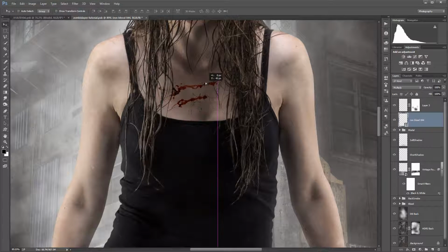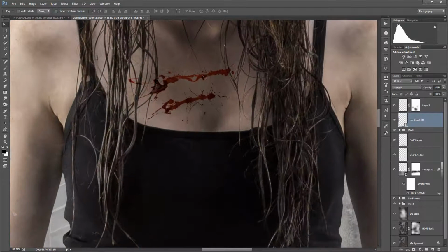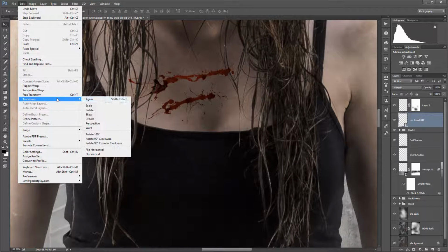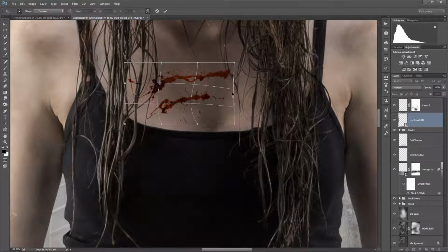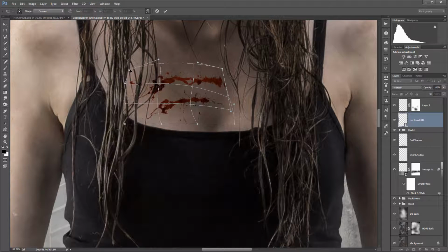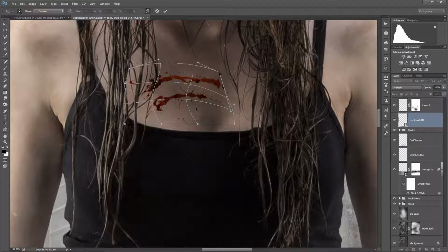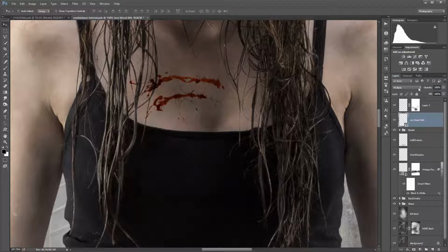So right here, again, let's look at this straight line, and we have a little bit of curves. So we can go to edit, transform, use the warp tools, and try to adjust the warp to follow some of the body curves if we have them. Okay, so right there. We also can just slightly reduce. Okay, right here with the hair,